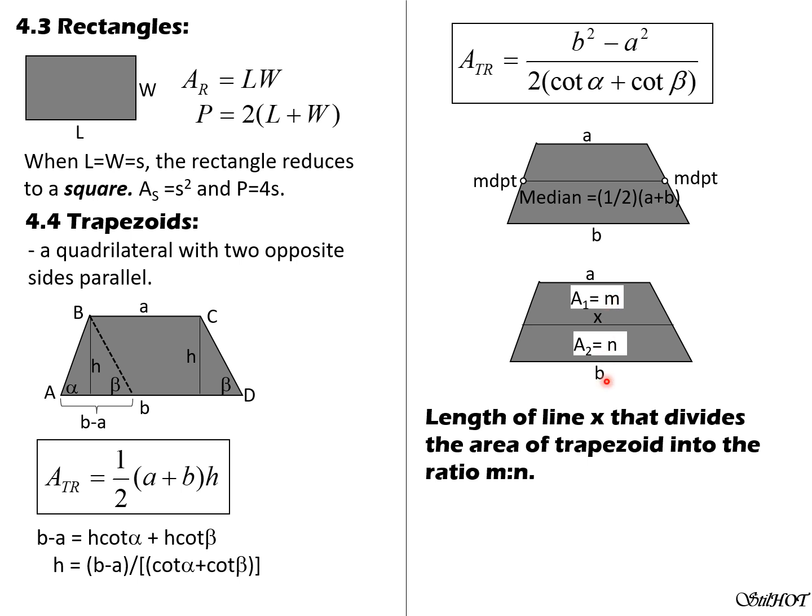Take note that n is away from b and m is away from a. So that's my mnemonic aid of memorizing the formula. Although the best way to recall the formula is to derive that formula. It is derived on the next slide. So again, it is square root of m b squared plus n a squared all over m plus n. So that's the expression. We're going to derive that on the next slide.